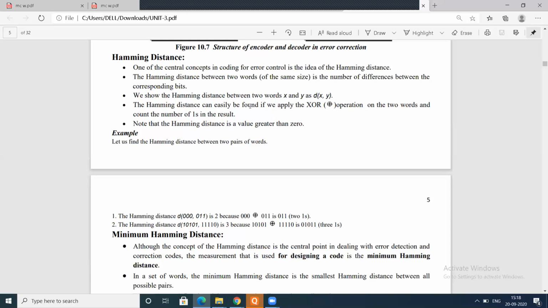The Hamming distance can be easily found if we apply XOR operation on two words and count the number of ones in the result. Suppose we have two code words. If we need to calculate the Hamming distance between those two words, first we need to perform XOR operation. After performing the XOR operation, in that result,